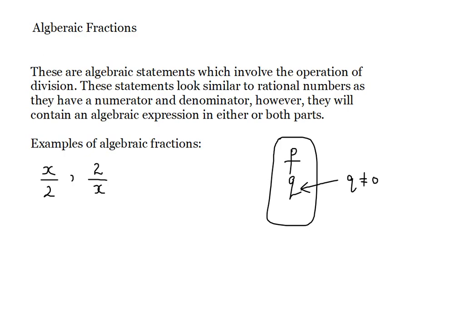If we had to put that into a real life context, we know what we want to share, but we are not sure how much we're going to be sharing it among. So that's where we have that unknown in our denominator. And of course, we've learned of different types of algebraic expressions. So we know that we're not just going to have a variable by itself. Sometimes we could have things like a variable with a coefficient. So we could have things like this. We could also have an entire algebraic expression where we have a variable, constant, and coefficient. So we could have something like this,